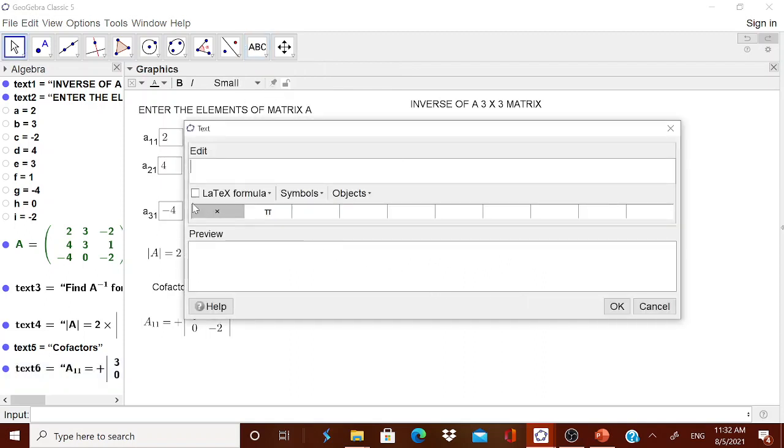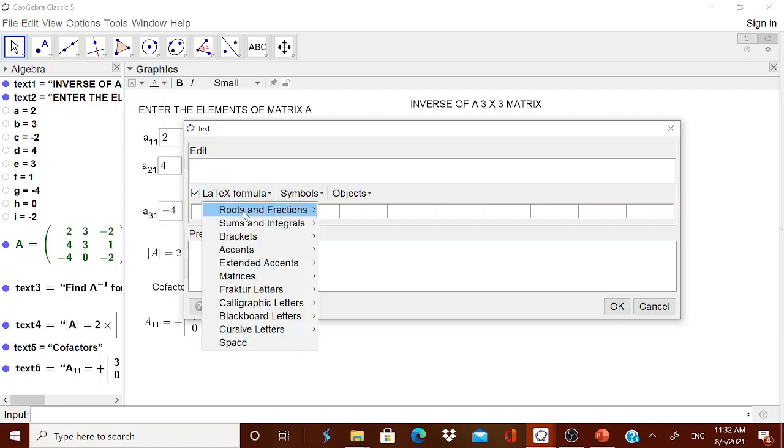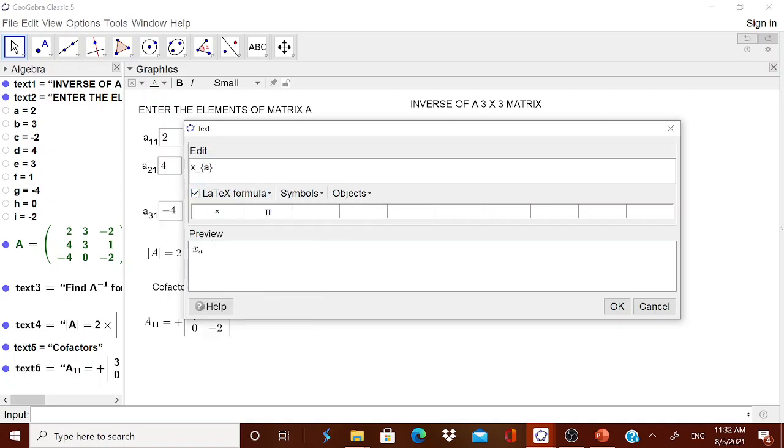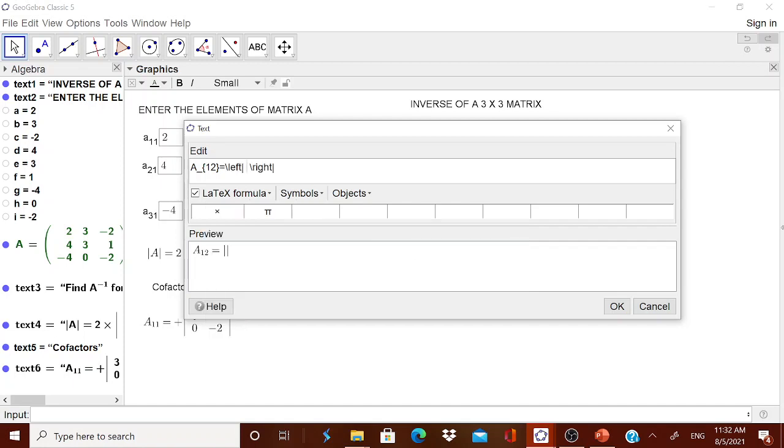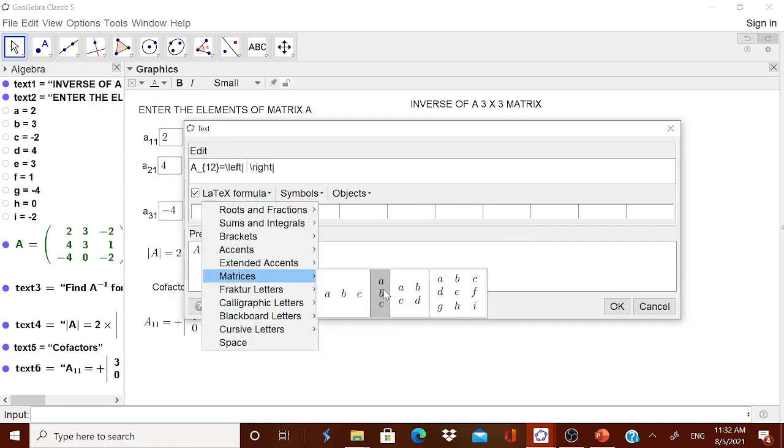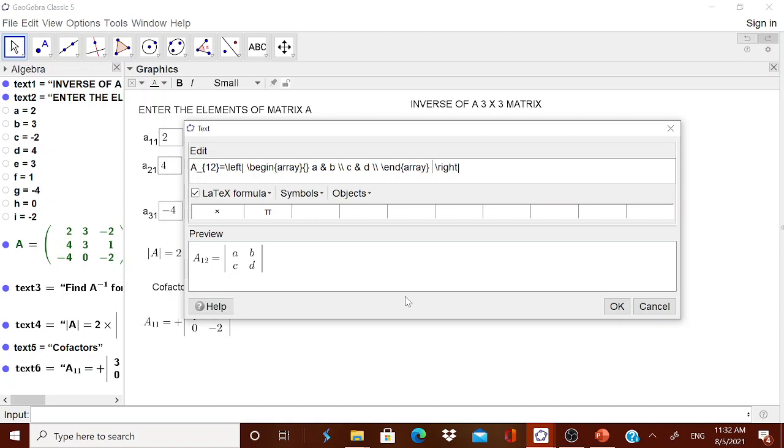For the next one, for your convenience, let me do A12. At least A12 I will do, and I will stop with that because it would be a waste of time for you, as this is a mere repetition. Therefore, capital A of first row, second column, A12, is equal to, once again, LaTeX formula, go for this bracket. Inside, now you go for this matrix 2 1 2. Now you will get D, F, G, I, so here in place of A, you should show them the D.